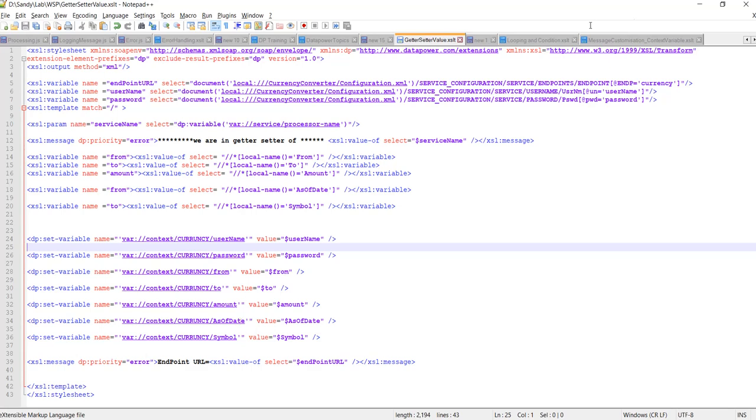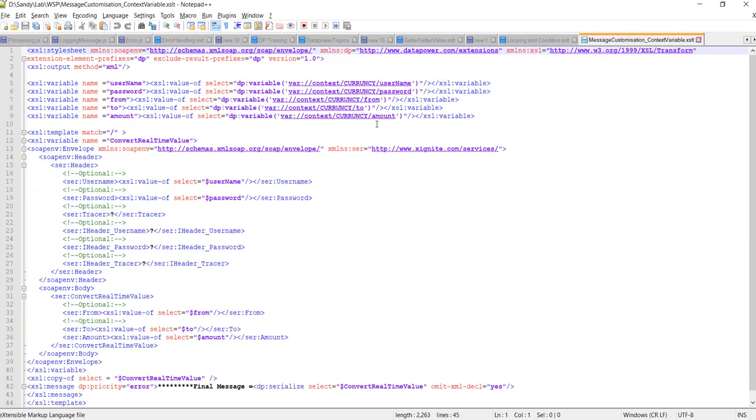After that, we call these context variables in this file. Whatever values we set in the context variables, we store into variables.